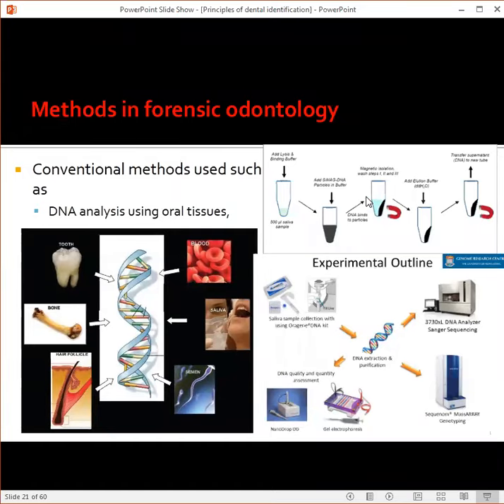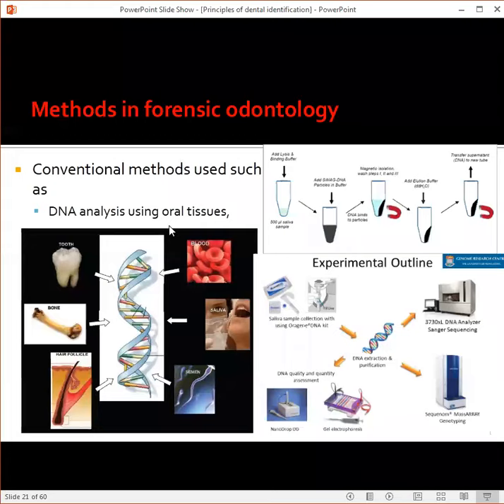And when you do a DNA evaluation with sequencing, the extracted DNA can be sequenced and you can genotype, electrophorese into a gel, which helps to identify the individual's DNA. So with the existing DNA of the deceased, you can try to match that with the DNA samples of the suspect or a person whom you think might be the deceased individual. DNA analysis is the latest method used, and it is highly accurate to identify the unknown individual.